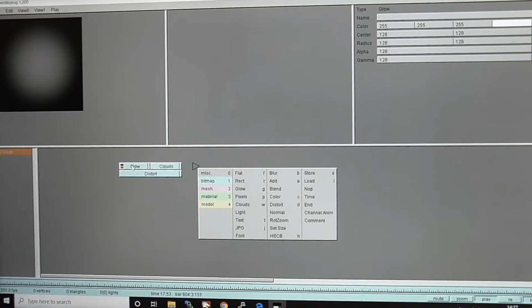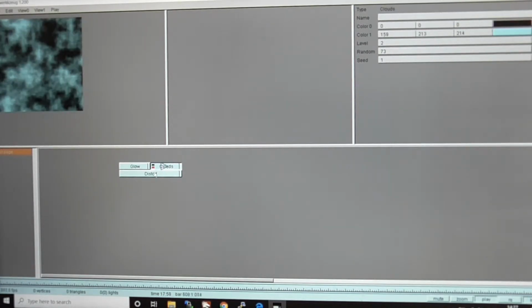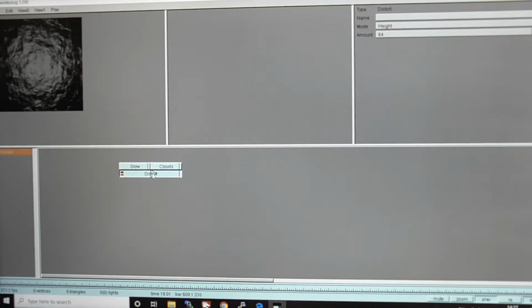So if we take a glow here, which is like a point in PixelTex, and clouds like this, and then apply the distort option, you get this magnificent effect. So what it does is it applies kind of a bump map, I suppose, using the clouds as the data for the height, and applies that to the glow, and you can see it really looks fantastic. It looks so realistic. It looks like light reflecting off an actual